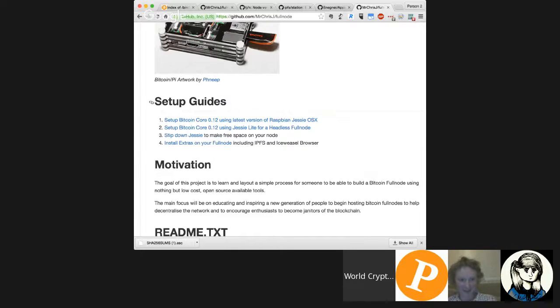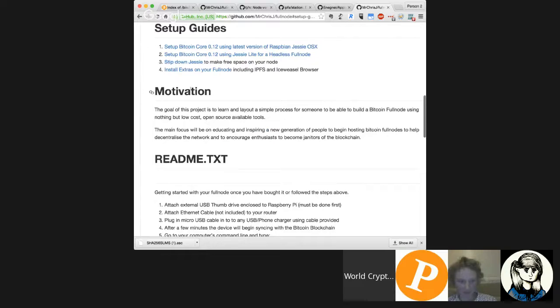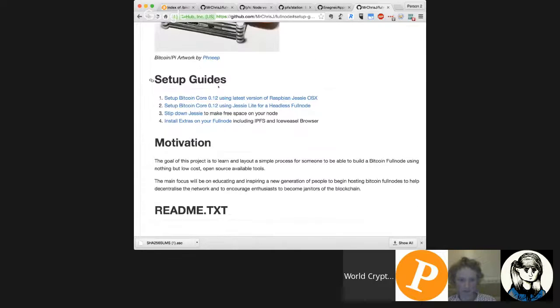But if you come down to setup guides of the project's homepage, it's fullnode.protip.is or just github.com/mrchristday/fullnode. It's a bit more to get your head around. You can see I've got a few guides here. So the main guide, if you're an existing Fullnoder and you signed up in stage 1 of our crowdfund,